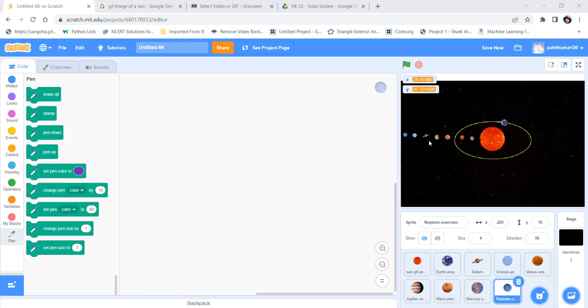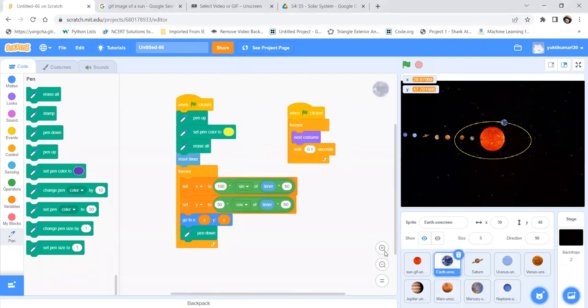Now we have to do exactly the same thing, that we want to make them revolve around the sun, but on their own axis. So for that, what we have done, as I told you, this value is going to be the speed of the planet, and this value is going to be the distance of the planet. So we need to make this distance properly for each planet, that they revolve around the sun. So arranging that,